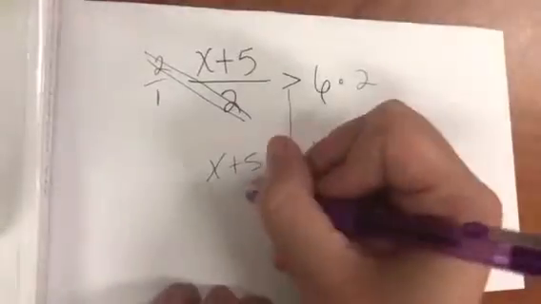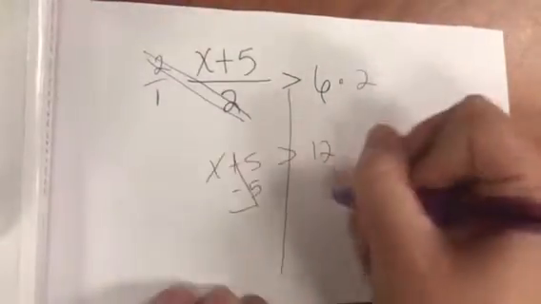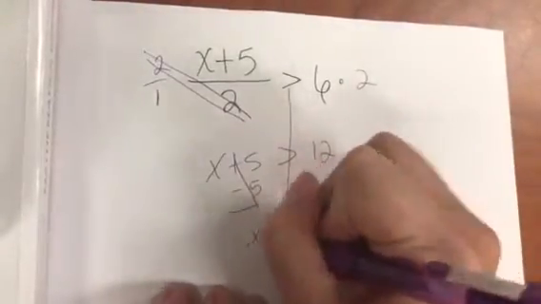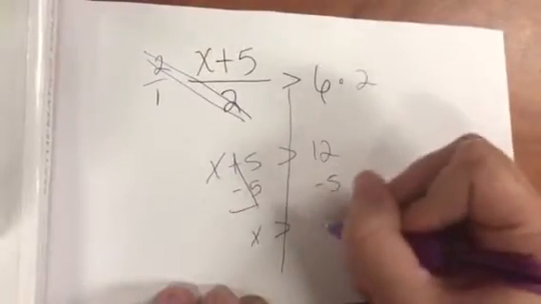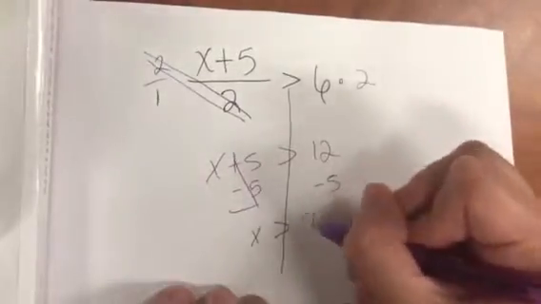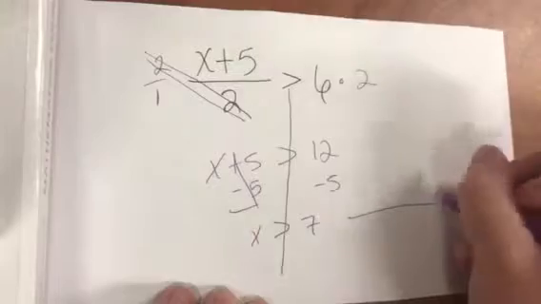No, this is just a one-step equation. What's your constant? Yeah, minus 5, x is greater than 7. I'm sorry, greater than 7. Then when I graph it,